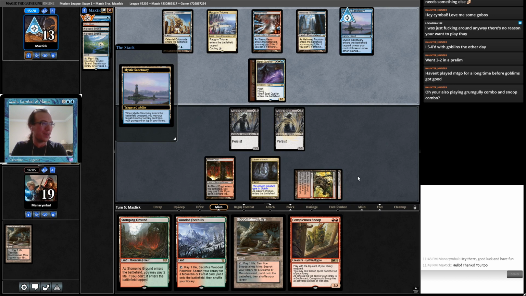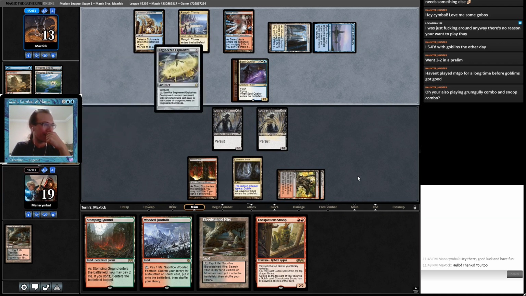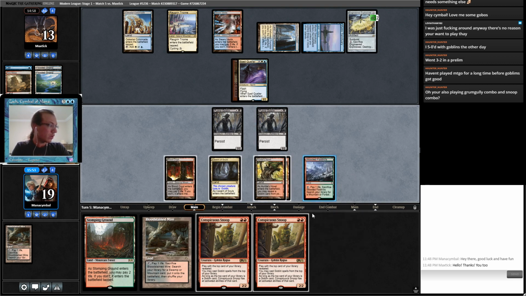Mystic Sanctuary for Opt. Oh, the luxury. Oh, it hurts. Like, they don't even put it on top. That's fair. I mean, you don't need to. Geist of Saint Traft seems really bad against me though. Yeah, I mean, sure. Okay, so